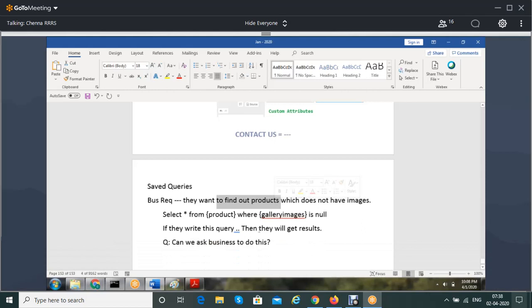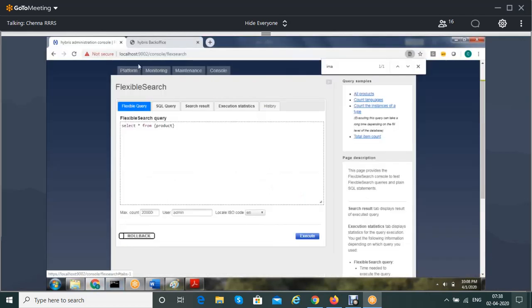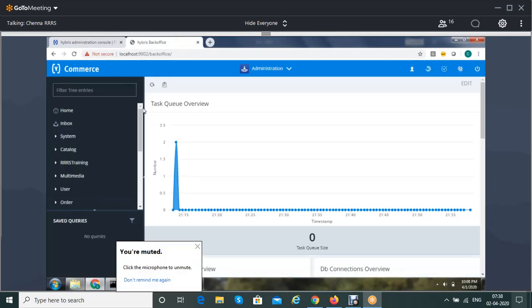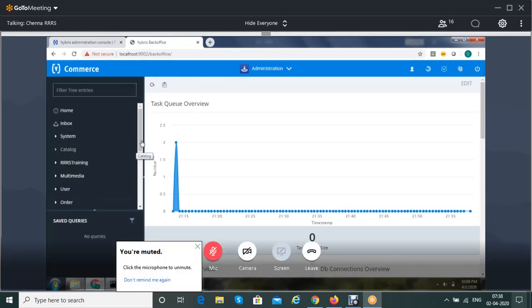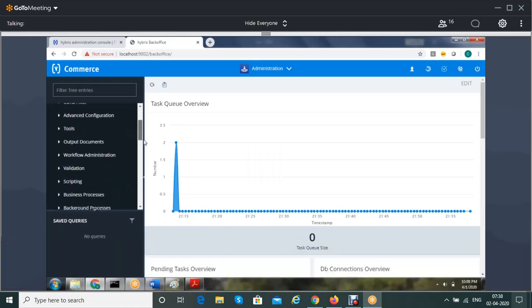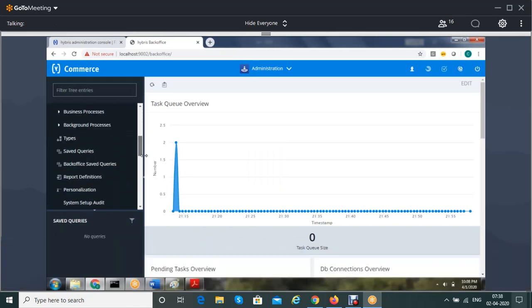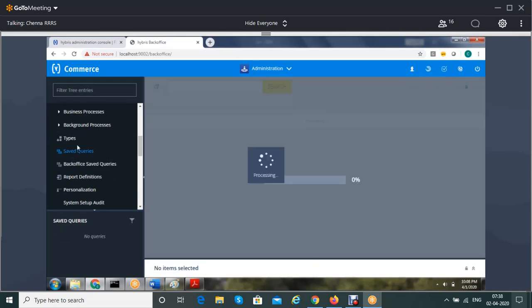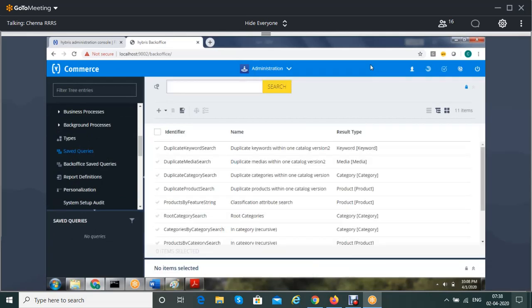Then how do I create this kind of query? Saved queries. If you want to create saved queries, go to the system, there is a saved queries option, and click on the plus symbol.